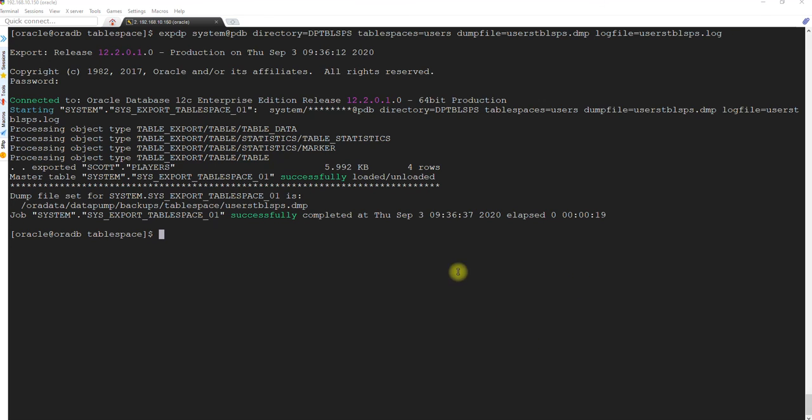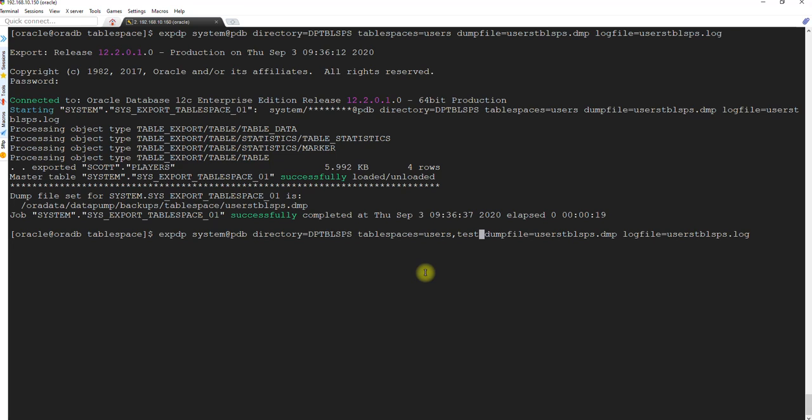So this is done. Let's do the multiple tablespace backup. There is no difference. I will rerun this particular command. Everything will be the same. The directory is the same. It will be taking the backup to the same location, but I will be saying test.